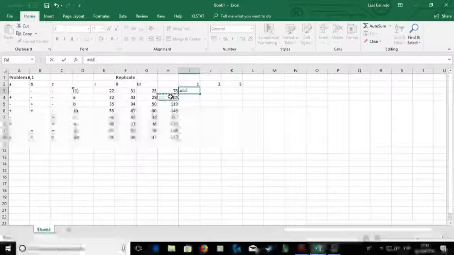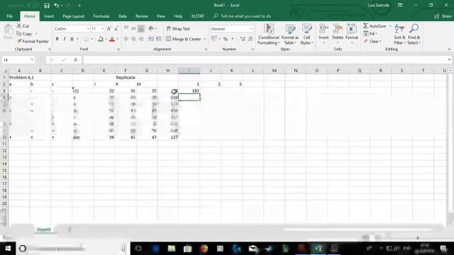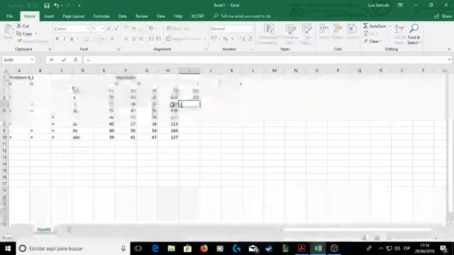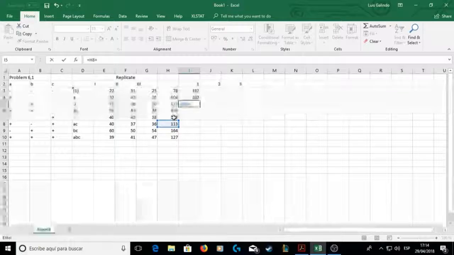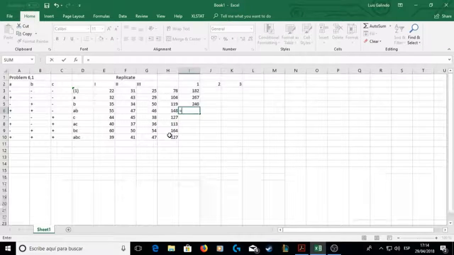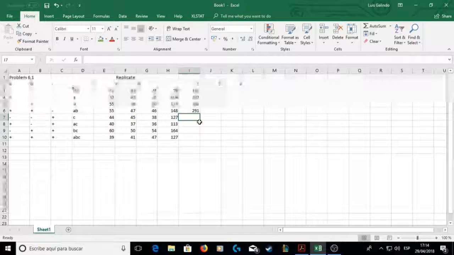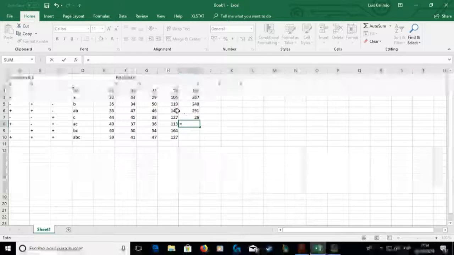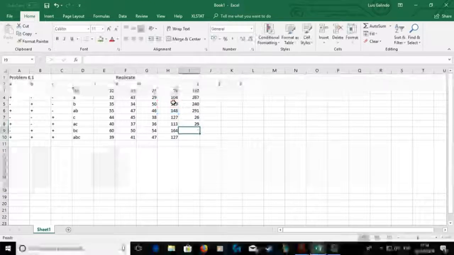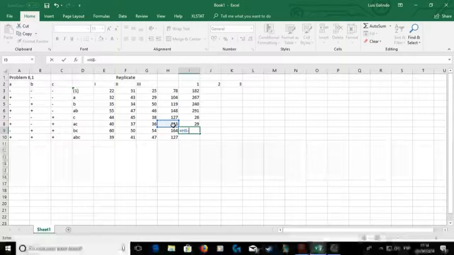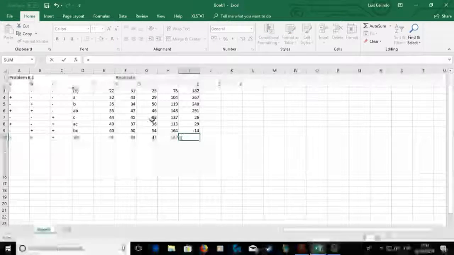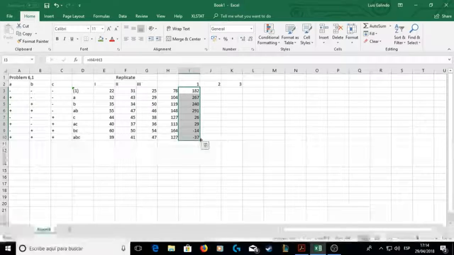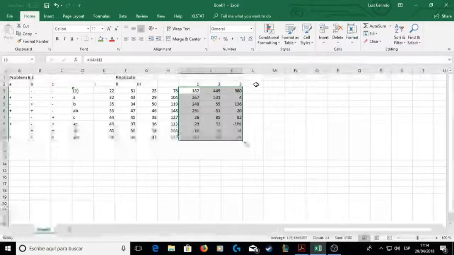This is equal to this one plus this one, and this one plus this one, this one plus this one, this one plus this one, this minus this, this minus this, minus, this minus this. So now that we have the first one, we just have to take the other columns, and